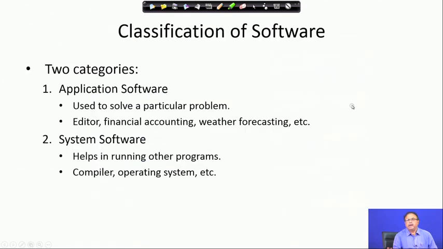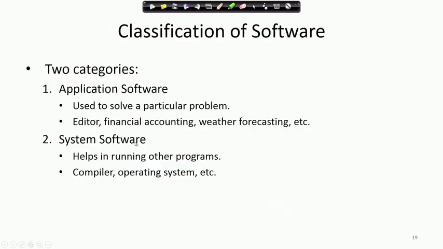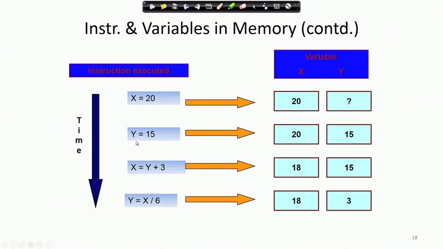What is there in y? I do not know. Anything that was earlier from the beginning was remaining, that is there, I do not care. Next step, I am writing 15 to y. I am assigning 15 to y. Therefore, now x remains as it is 20 and y becomes 15, right.